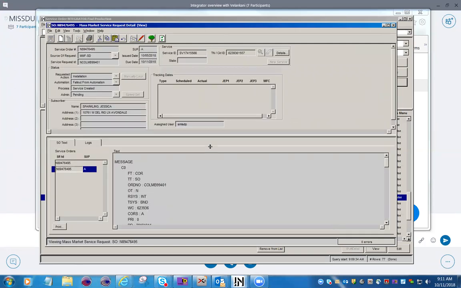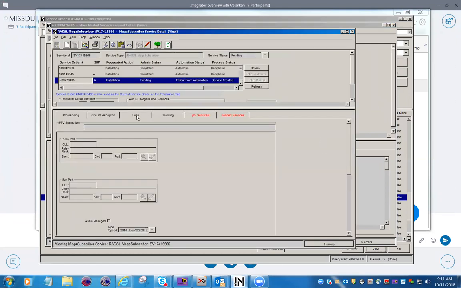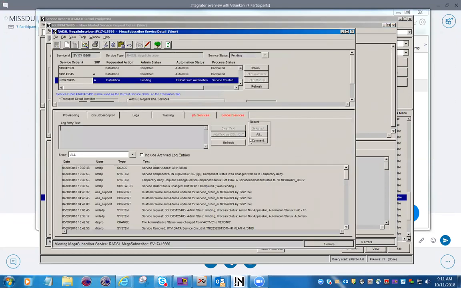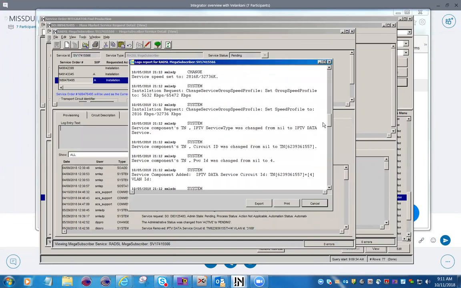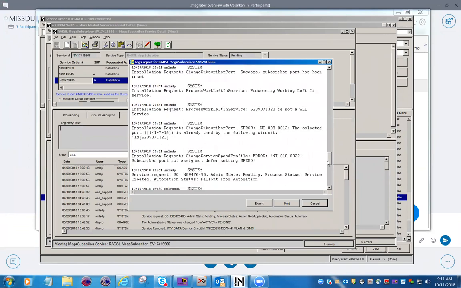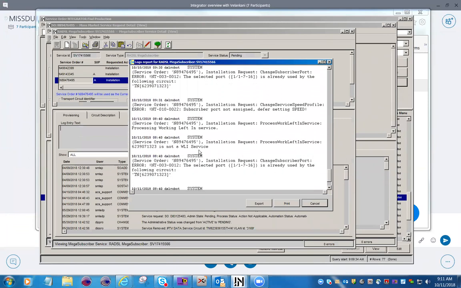Okay, so here's our fallout. If I go to detail, the logs will always tell you what reason it fell out for. So this shows everything that this went through. Here it's telling us that the port is already used by the following circuit. So then I would take that circuit,